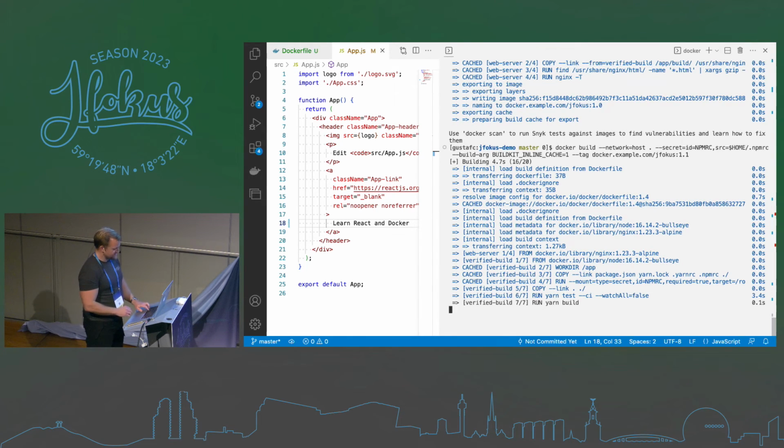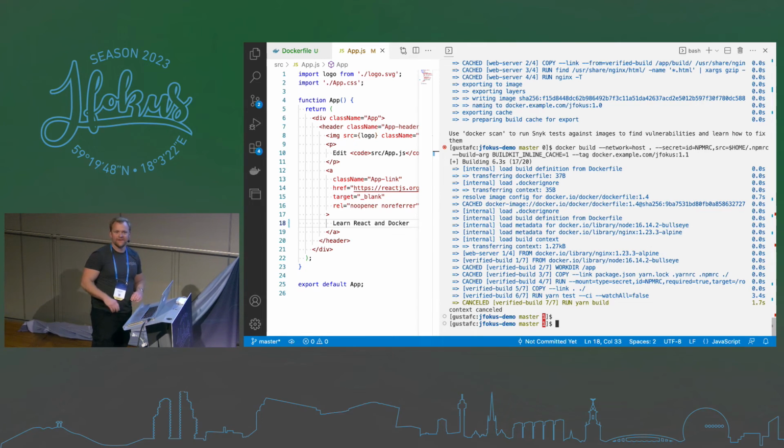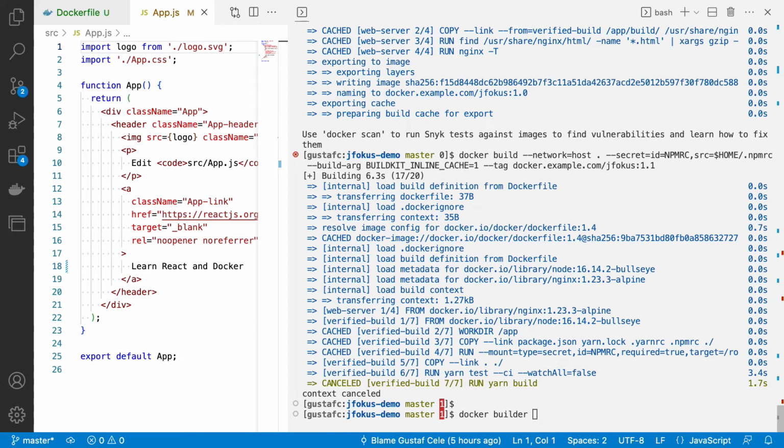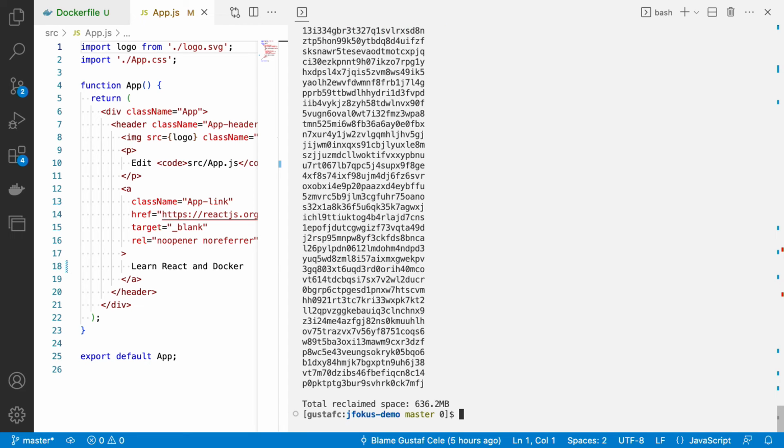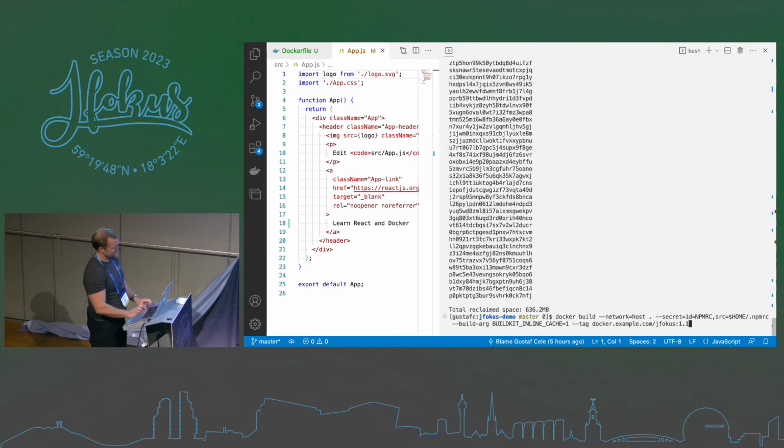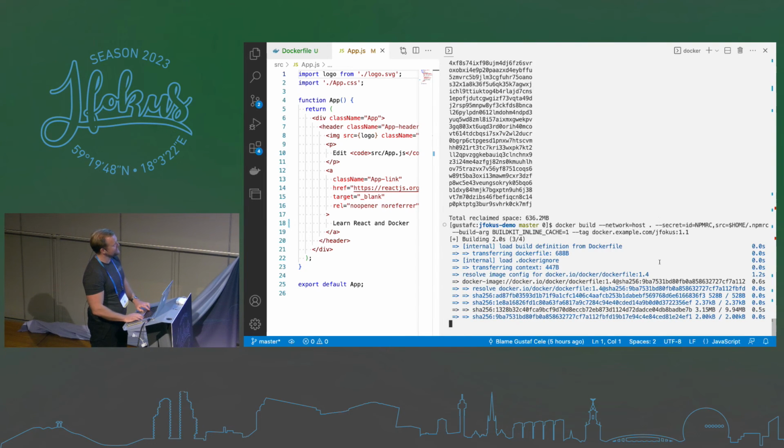But let's say you have a multi-node setup with several worker nodes, and this is a new node that hasn't seen any action at all, or hasn't built this product anyway. So I'm going to put my reputation on the line here and say docker builder prune -a. This means wipe the build cache. Yes, of course. Everyone loves to watch npm install. So if I now try to build this, you will see an all too familiar